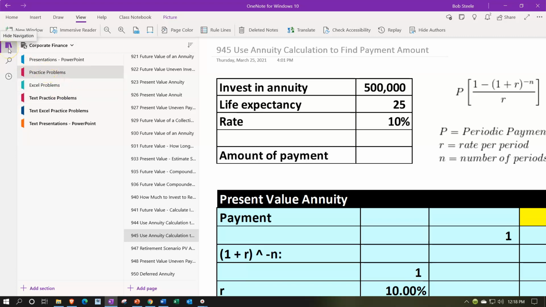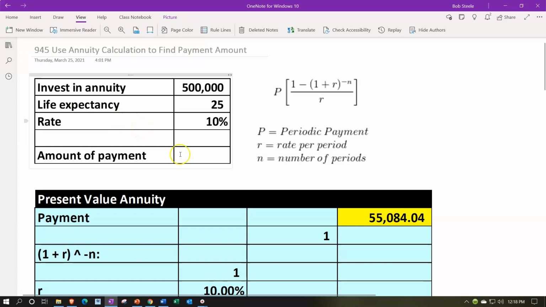Going to be closing this back out. We're going to have our information up top. We'll go through the calculations of that information on down below. So now we have a common kind of investment scenario where we will be utilizing the present value of an annuity calculation. We have an amount of 500,000, the life expectancy is 25 years, and the